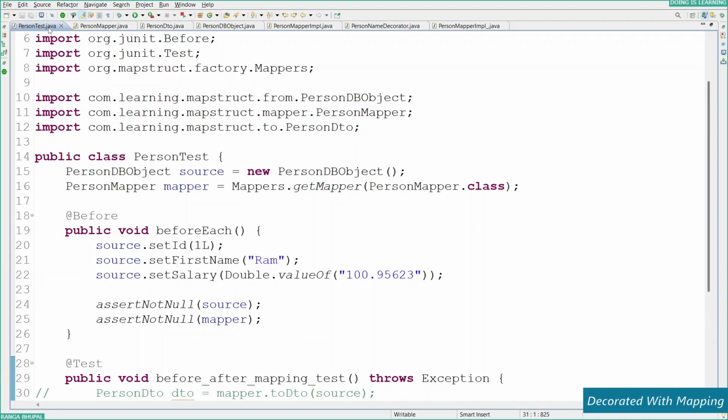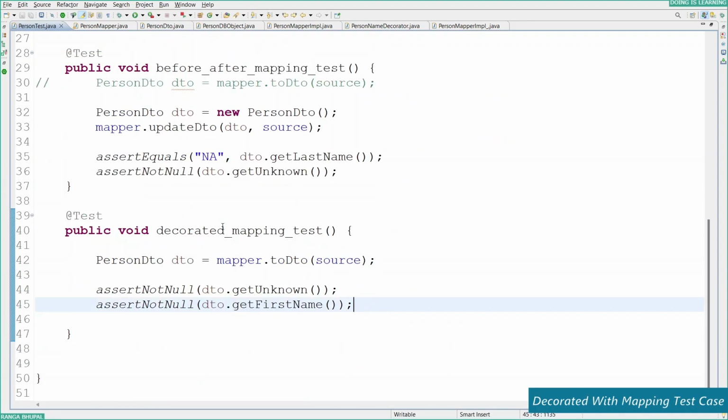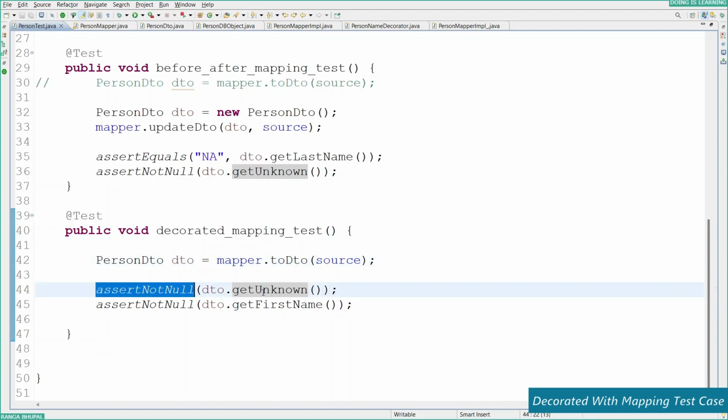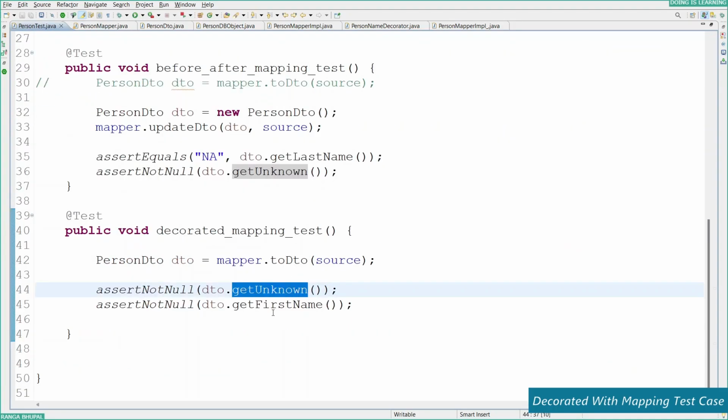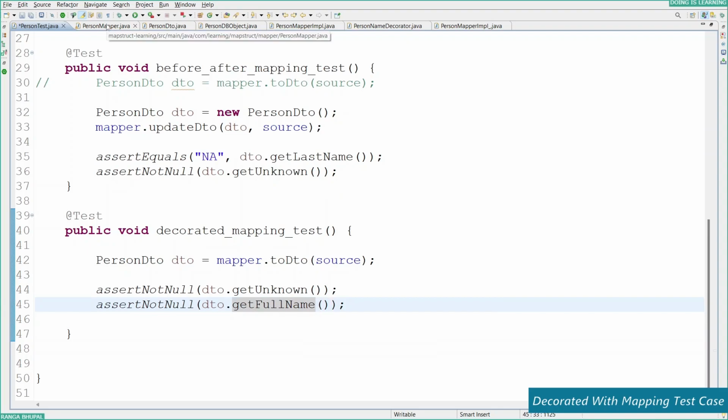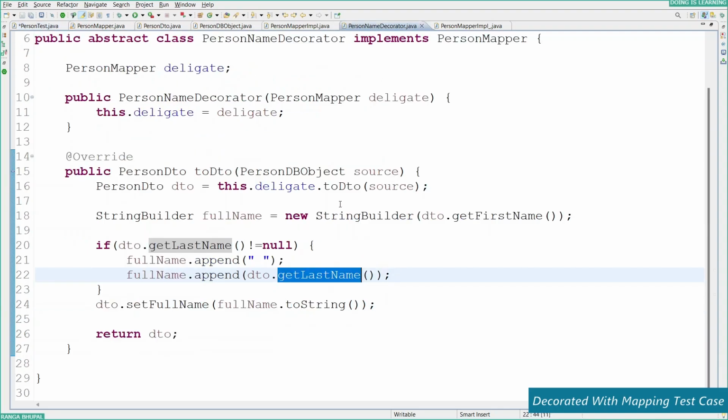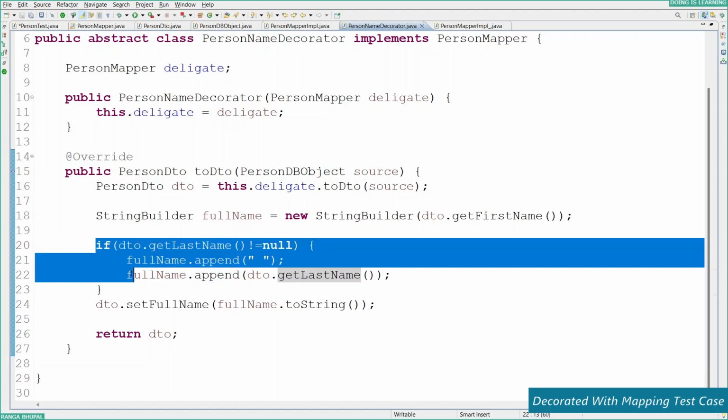So for this one, let's write a test case for it. I have written the integrated mapping test. So here I'm calling the mapper.toDTO with the source object, assert null get unknown, which is being set as part of the existing before each method. And the next one is get full name. The full name value will be set as part of the person name decorator, which is our custom logic, and